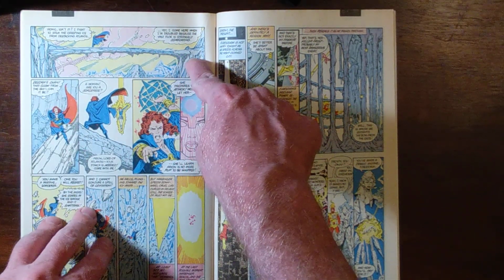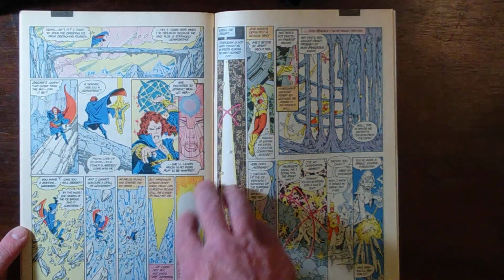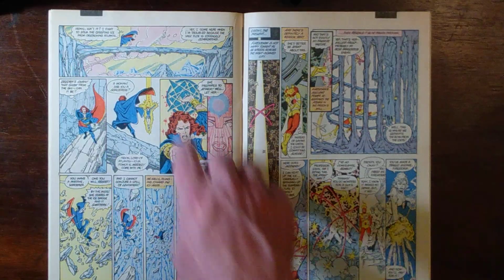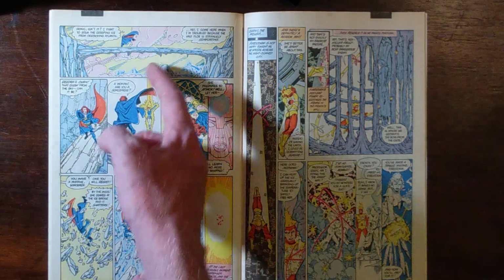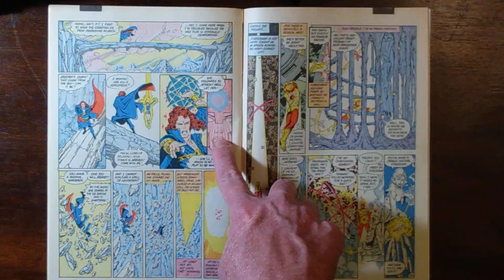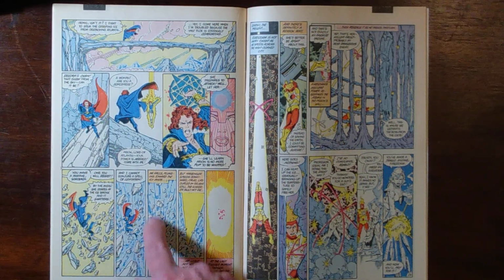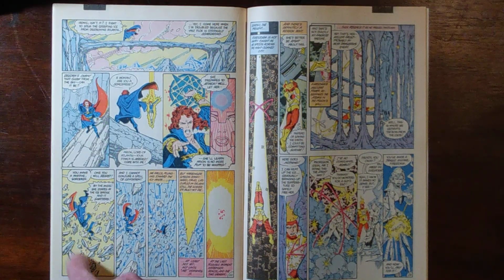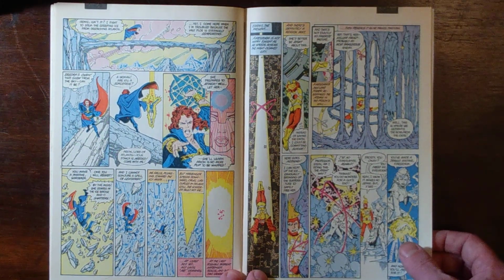We get Arion here, who's the Lord of Atlantis. He's traveling across this ice bridge that he created with his mystical spells. We get a top view down from him, then we get a bottom view from him as Harbinger's coming down. Then we get a face view of him, a face view of Harbinger. She smashes his ice bridge, and he goes falling through the ice. Great detail on all the little shards of ice. And as he's falling, she teleports him away so that he doesn't die, which is what she's been doing